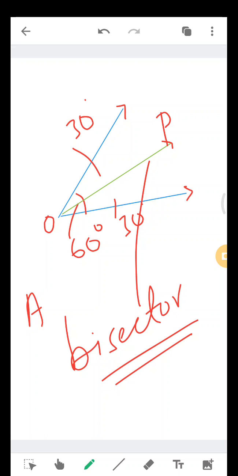We call it as angular bisector. So bisector, angular bisector divides the angle into two equal parts. Keep this in your mind, this will help you